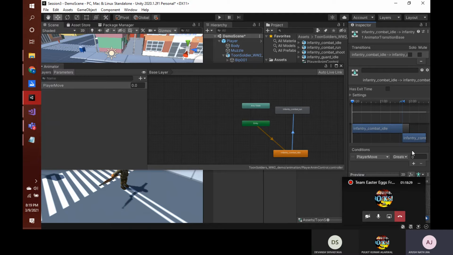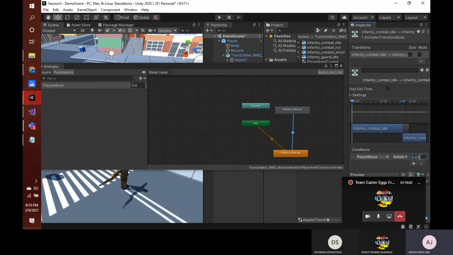if we click on this plus symbol, and here, as you can see, since we have only one parameter, it automatically places this parameter here. And if player move is greater than, let's say, 0.05, because we don't want our player to immediately start running, and because these keys are sensitive, it might happen that your value might fluctuate sometimes between 0.001 and things like that.